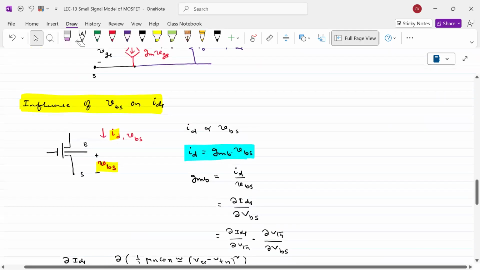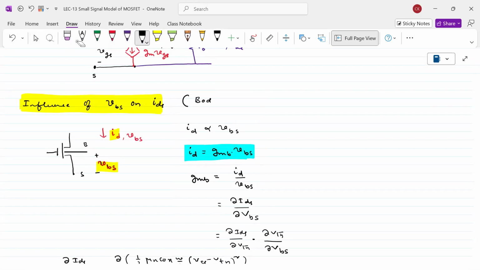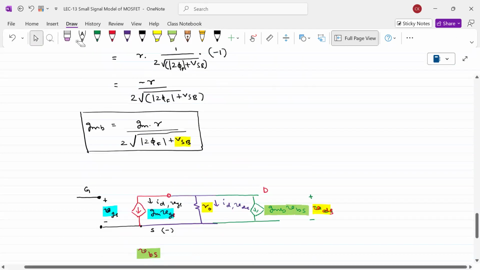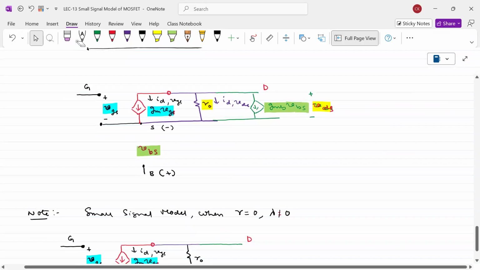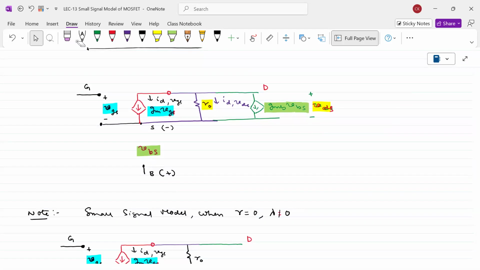Another parameter name: let me call it body transconductance. Usually for our analysis, we consider no body effect and no channel length modulation. Under that condition,